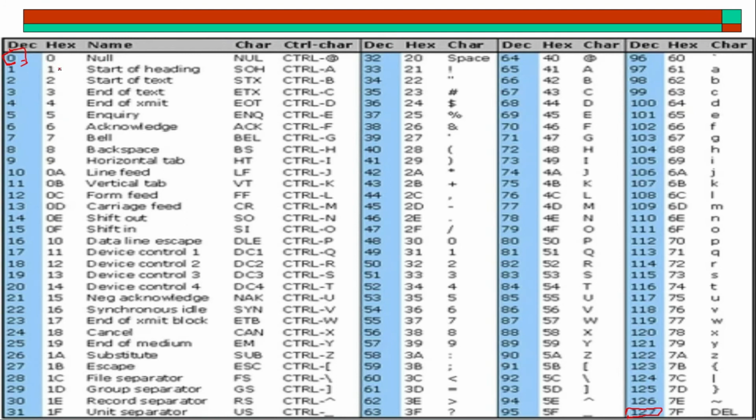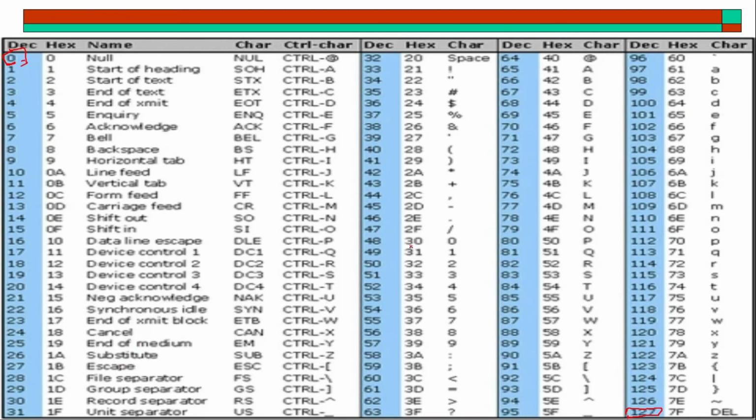Because in binary it requires 7 bits, so it takes more space also. So that is converted into hex, and instead of binary we represent it by hex numbers. Here the very first number is 0, null. Then start of heading. Some other communication codes are given here, and in our case, from 21, so 31, basically 31. You can see here where 31 is.